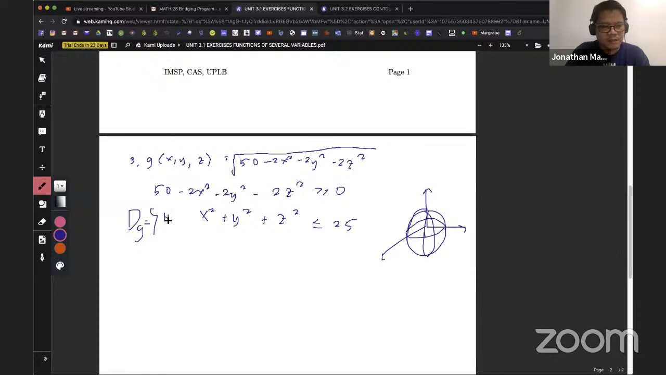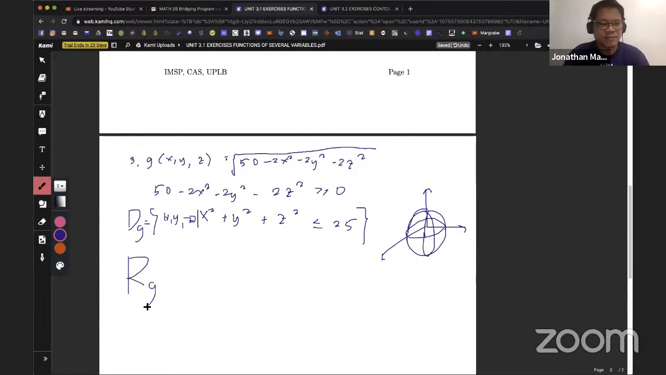is the set of all x, y, z such that x squared plus y squared plus z squared is less than or equal to 25. Okay? Now, for the range of the function,